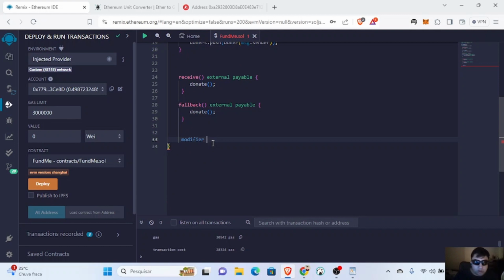I will call this modifier onlyOwner, so that you can understand what this modifier is. It's a determination of who is the owner. So I'm saying only the owner. Think of it like a wall. Let's say, are you the owner? No, you can't pass. Are you the owner? Yes, so you can pass, right? It's simple. You just have to say here,